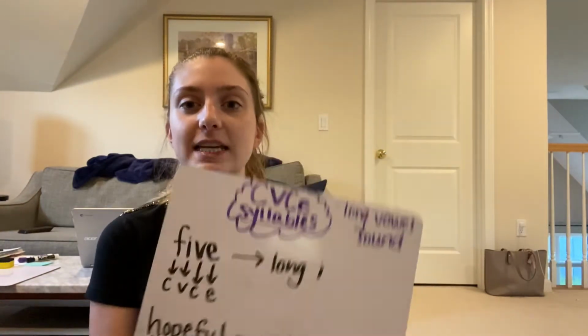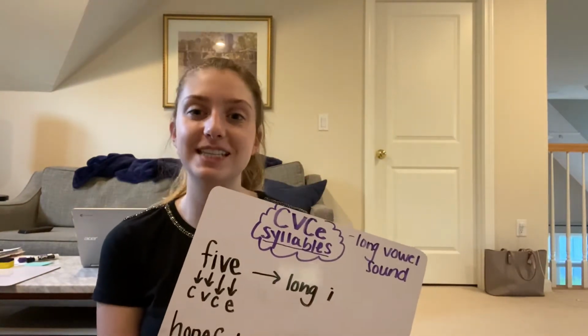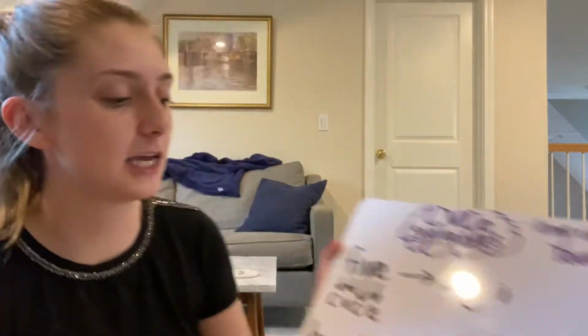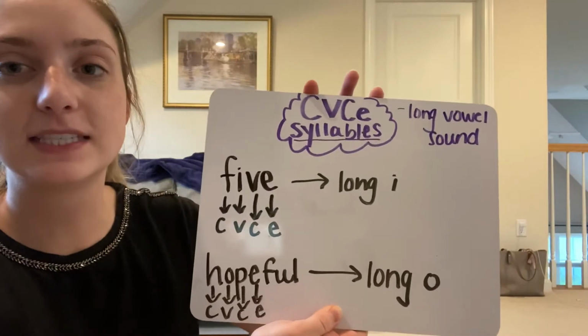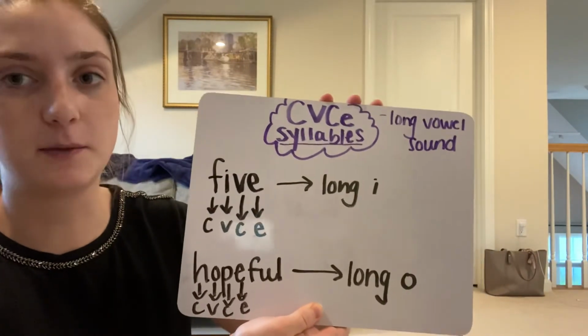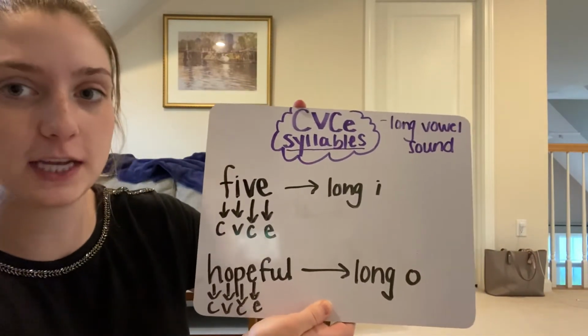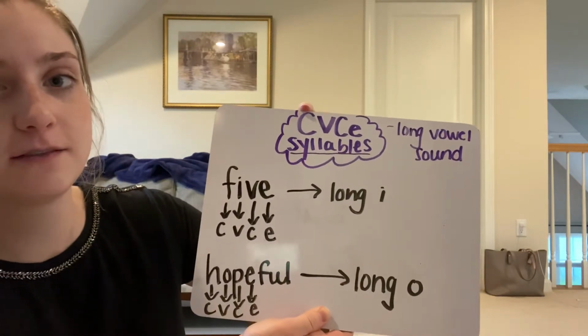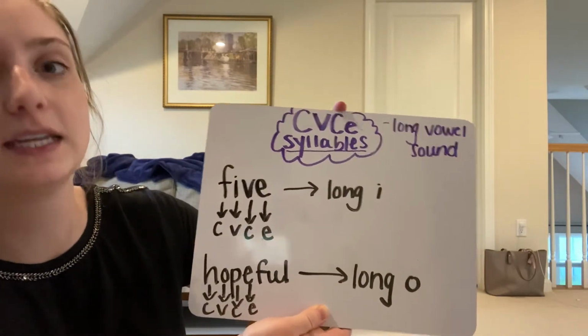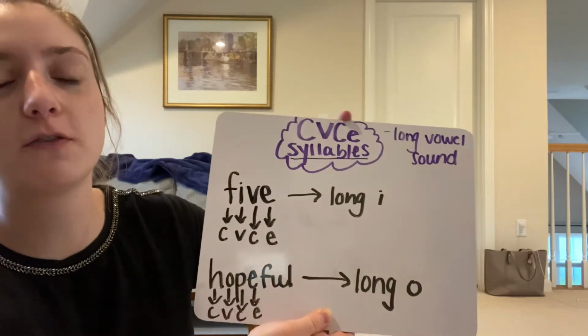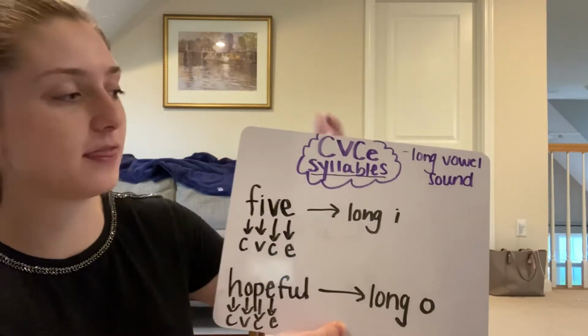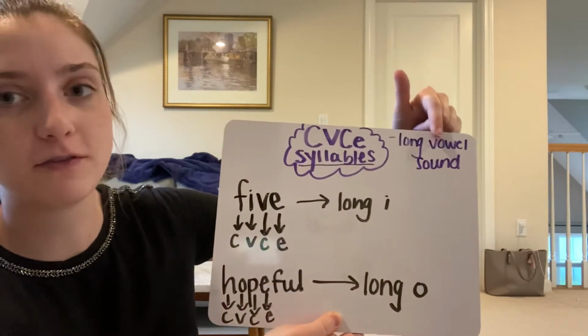This week, we are not talking about open and closed syllables. We are talking about something different. And what it's called is a CVCE syllable. Sounds tricky, but it's really not that difficult. So let's take a look. If something is a CVCE syllable, that means each of these letters stands for something. Consonant, vowel, consonant, E. So you're going to look for this pattern in a word, and then you'll see that it makes the long vowel sound.